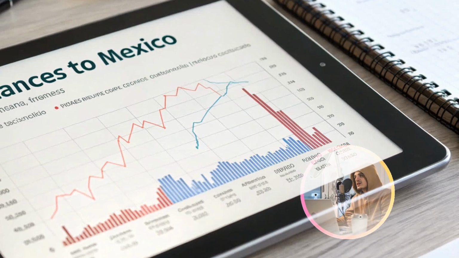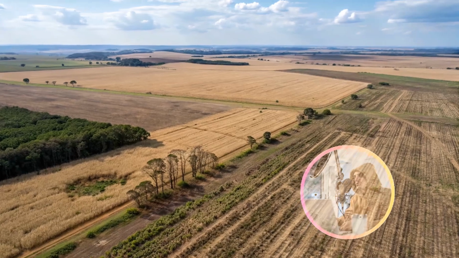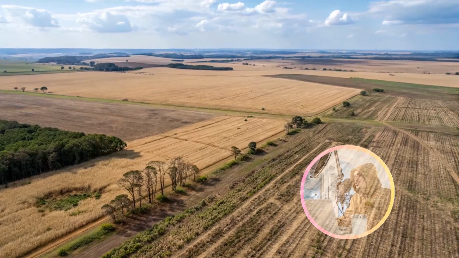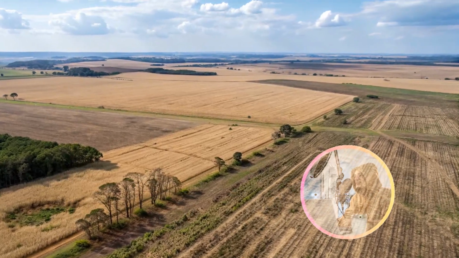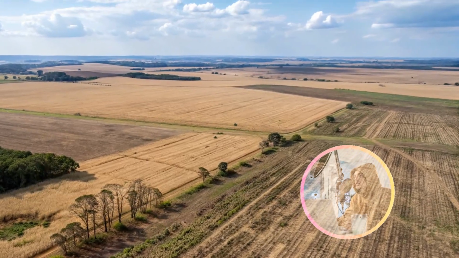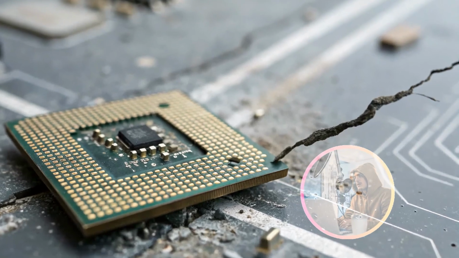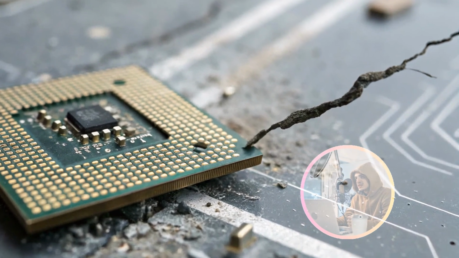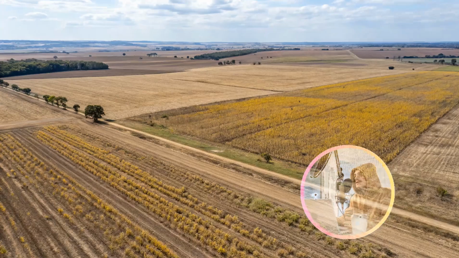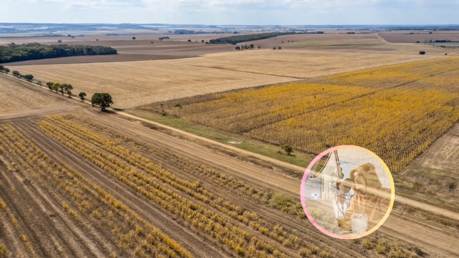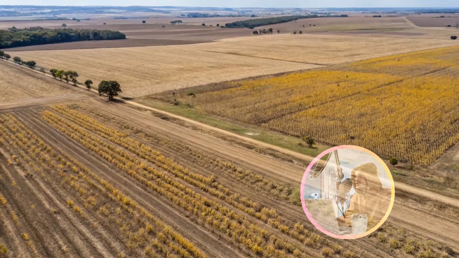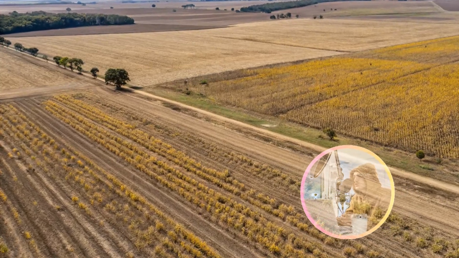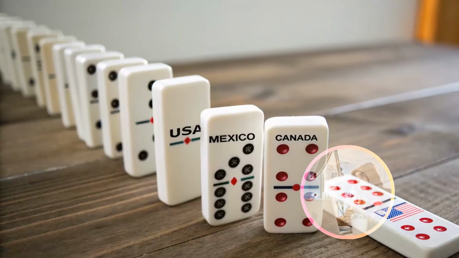Now, let's turn our attention to South America's largest economy, Brazil. As a major player on the global stage and a member of the BRICS group of emerging economies, Brazil possesses significant economic scale and vast natural resources. It might appear, on the surface, to have the capacity to withstand a global recession better than some smaller, more specialized economies. However, a closer look reveals underlying vulnerabilities,